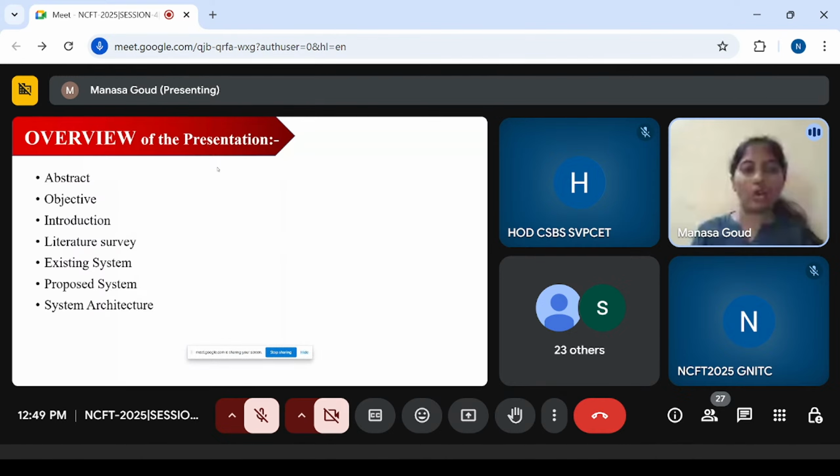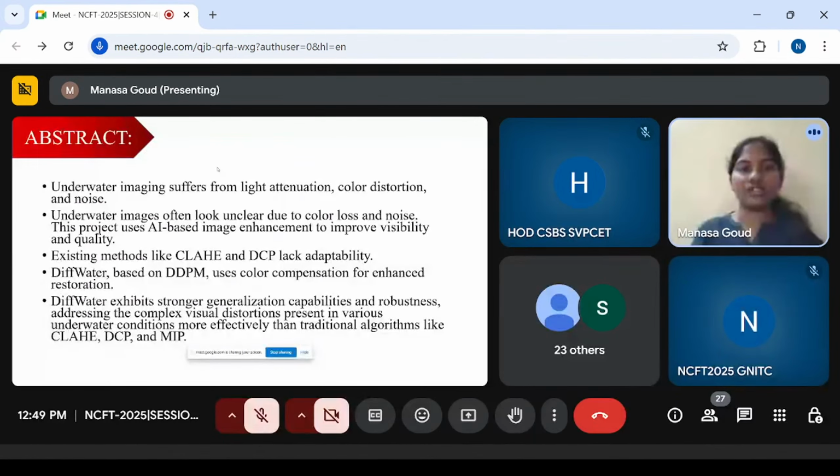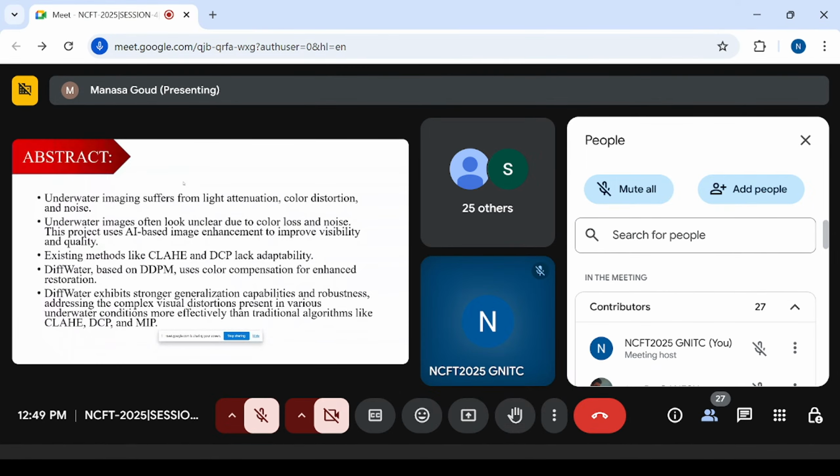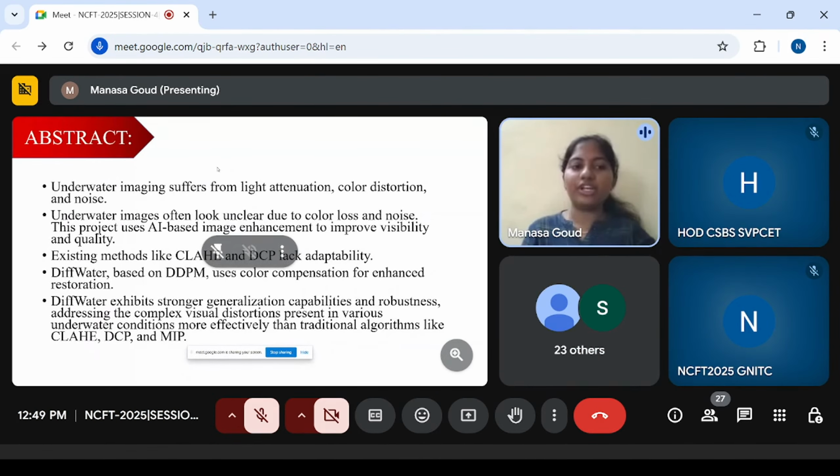Abstract of the project: underwater images face different types of problems like light attenuation, and images become unclear because of traveling from one medium to another, or light scattering, etc. So in order to overcome that, our project uses AI based image enhancement to improve visibility and quality. Existing methods like CLAHE and DCP